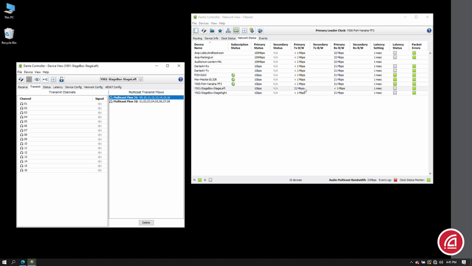If we look at our bandwidth used, we see we're only using 21 megabits per second to send those 16 channels to 3 destinations. When it was sent by Unicast, this was around 72 megabits per second, so this reduces the load on the transmitter significantly. Indeed, we can see we're still reaching the 3 devices we wanted to reach, no problem there.